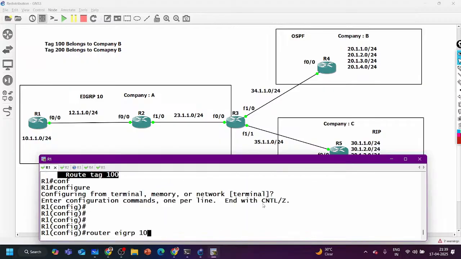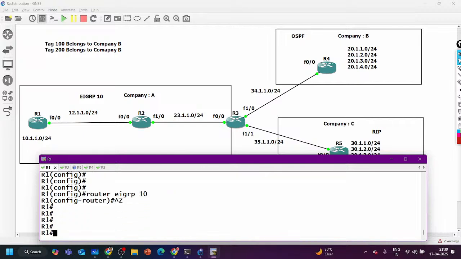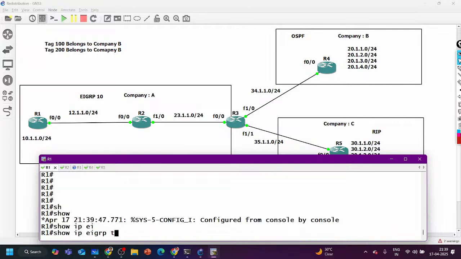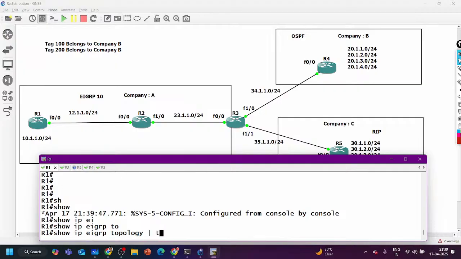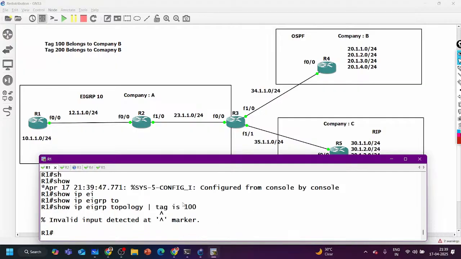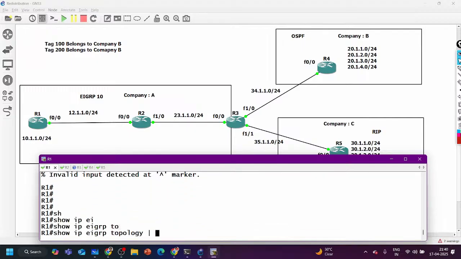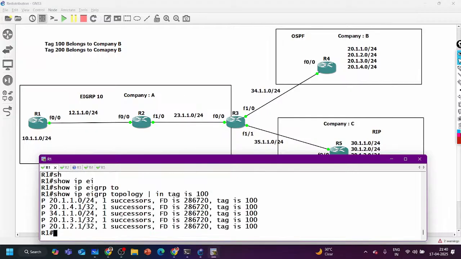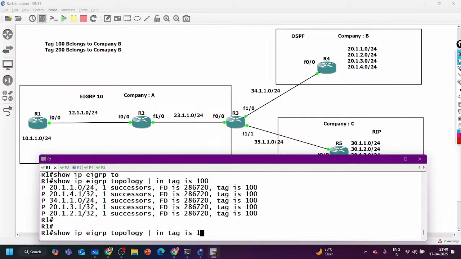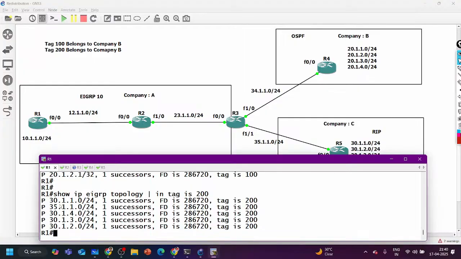Now on router number 1, you can identify it. So show IP EIGRP topology, and if I am going to say tag is 100, it will show me all the prefixes of company A. So show IP EIGRP topology include tag is 100, it will show me company A prefix, and if I am going to say tag is 200, it will show me 30 subnet.